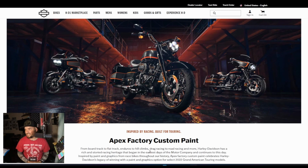Nothing huge in innovation. If this thing had the riding modes that I've been asking for, or something along the lines where they've updated something, maybe 117s or maybe 124s stock from the factory, that would have been good. That would have been nice, but obviously that cuts into their profits because they can't upsell you those components, and dealerships lose because they can't install them. Here in my area you're looking at $160 an hour for work, so that's a lot of money dealers would be losing out on if Harley was giving you racing inspired bikes with this Apex factory custom